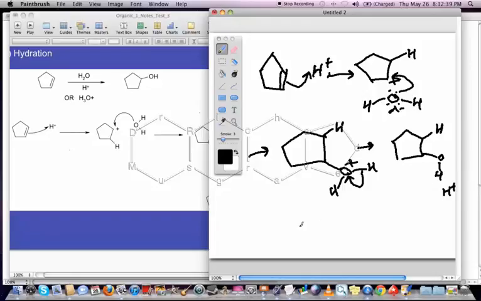Now, a common mistake that people make with this mechanism is, instead of showing an arrow that goes towards the oxygen, they decide to do something like this. And I know what they're trying to do. They're trying to say that this hydrogen is going to leave, but that's not the right way of saying it,